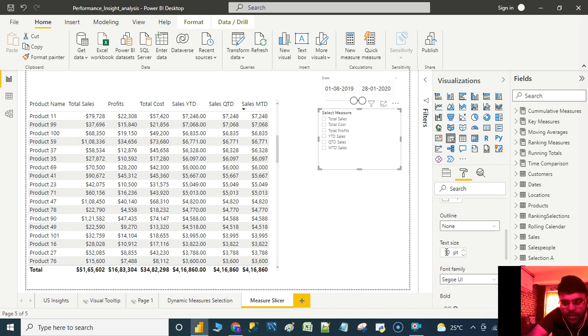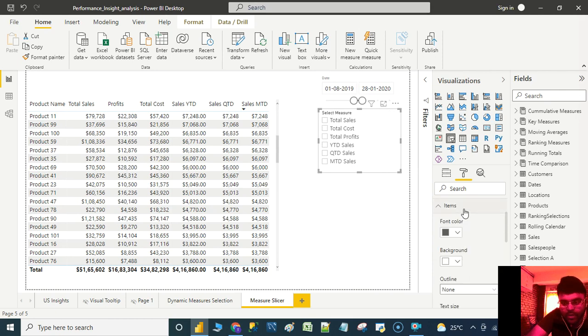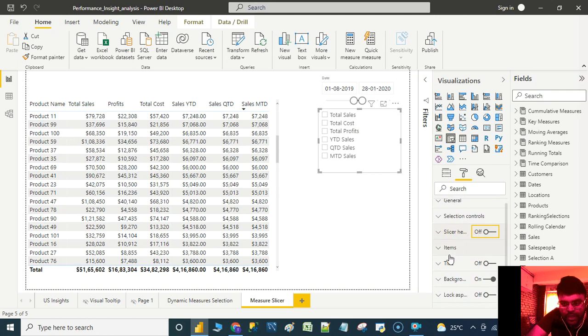Let us go to items and increase the text size, say to 14, and under select measure we can remove the header if we want. Slicer header, and let us enable the title as select measure.